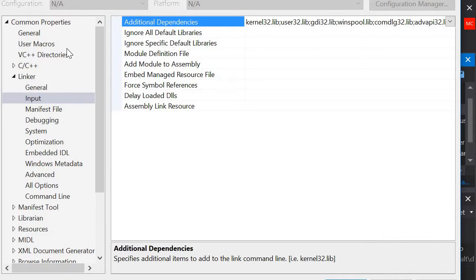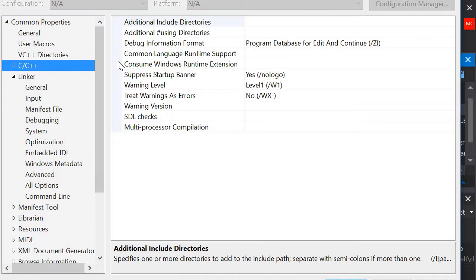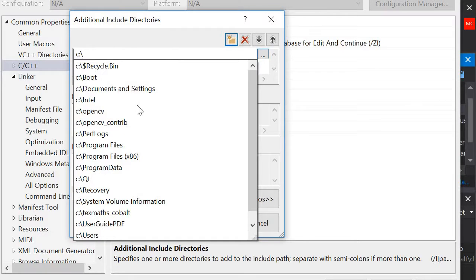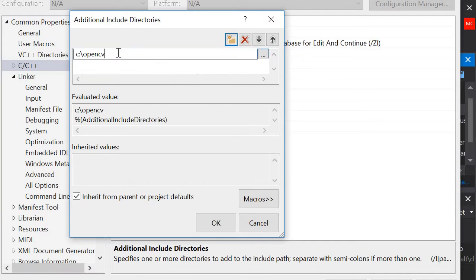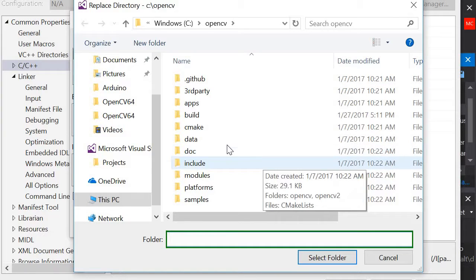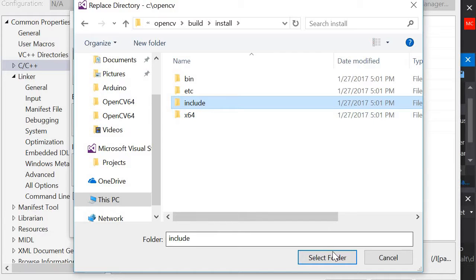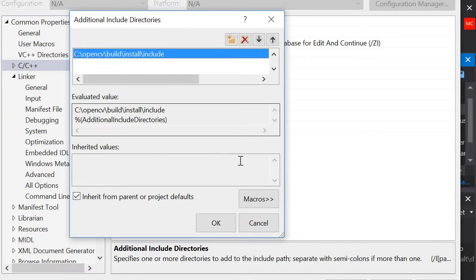And if we're going to set the directories, say we have the include directories, which is in OpenCV, build, install, include, and we have